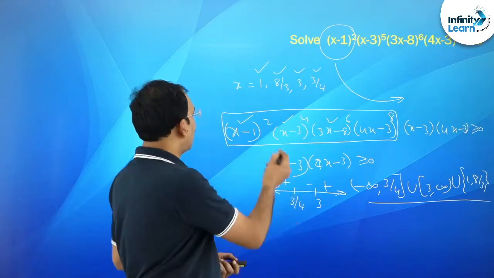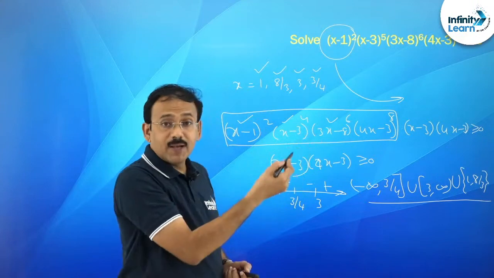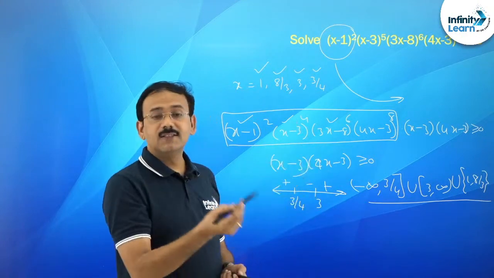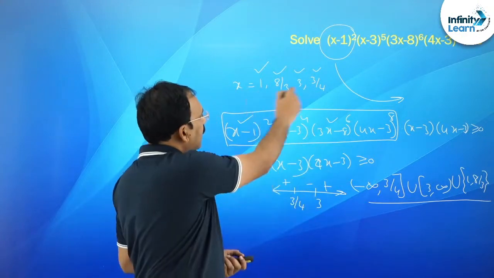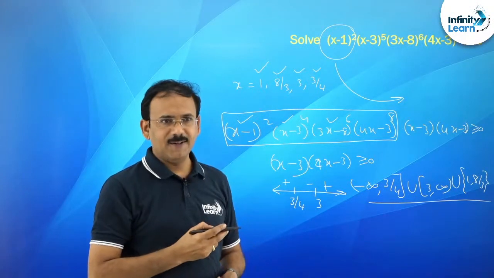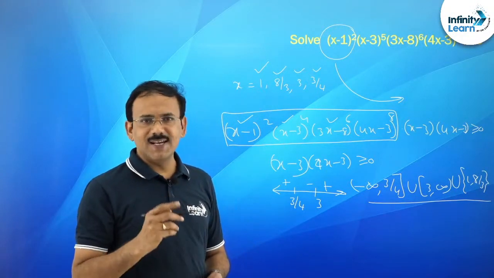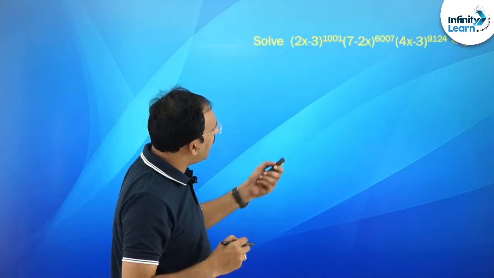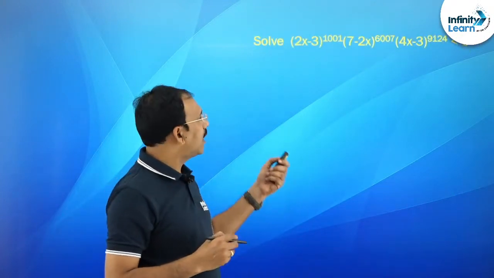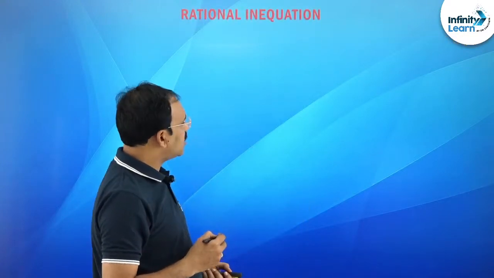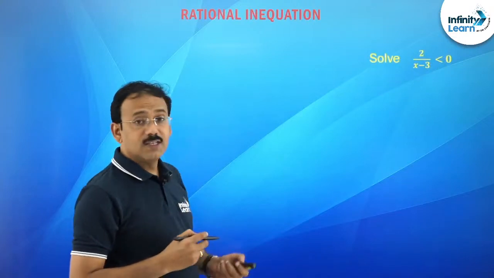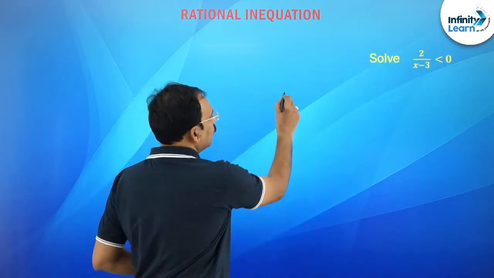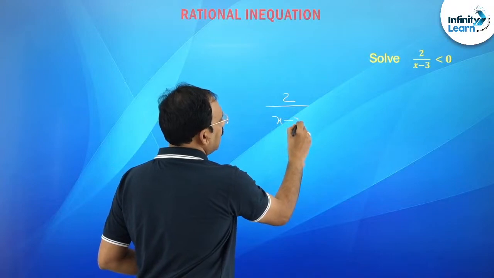Clear? Because of the even powers, they become positive, so you send them to that side. The ones becoming 0, I am dealing with in a separate way. Clear, students? Is it clear? Right. Now the same thing I think you can adapt to solve this inequation even, right? You try it later. Now friends, a rational inequation: suppose you are given 2 by x minus 3 less